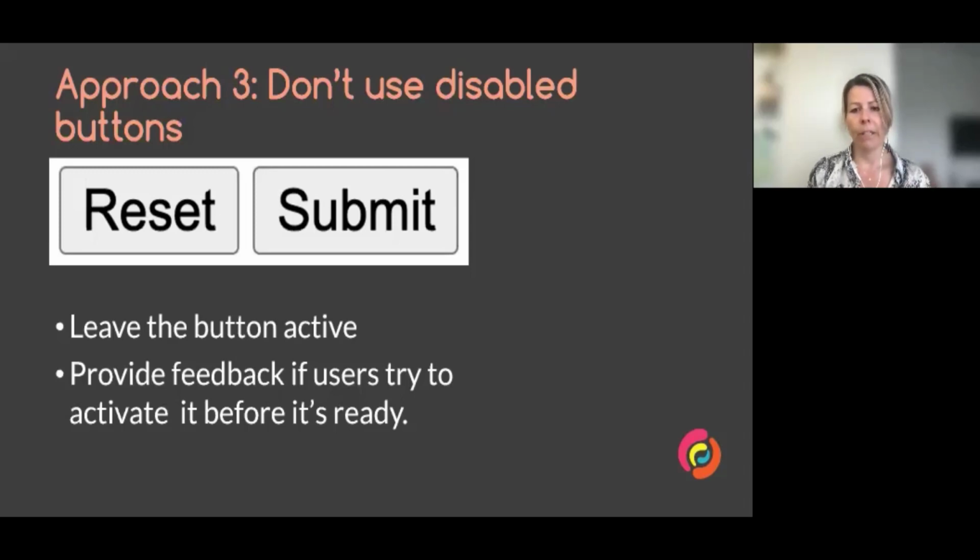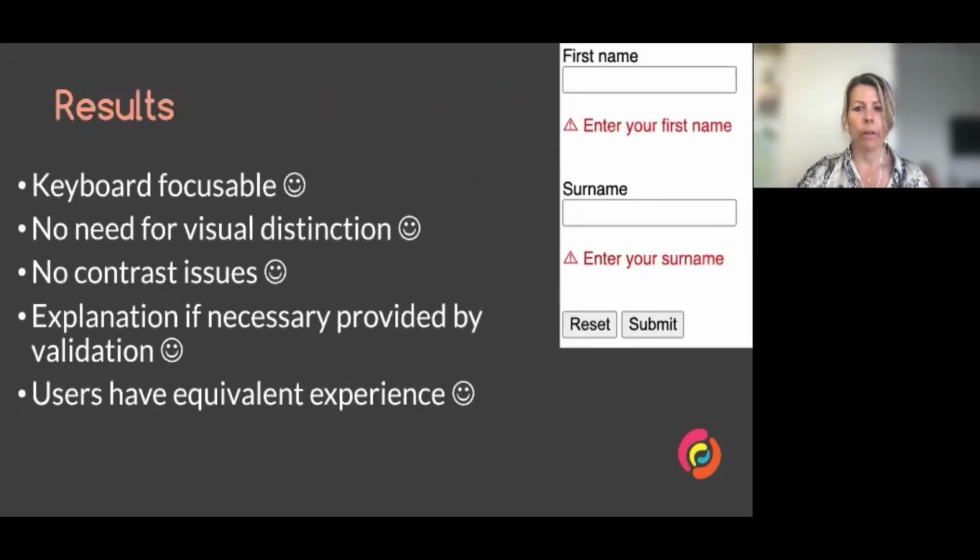So what are the benefits of this approach? Well, it's keyboard focusable, so there's no issue for a screen reader user or keyboard user to access it. There's no need to provide a visual distinction because it's not disabled, it's active. So there'd be no contrast issues between the two.